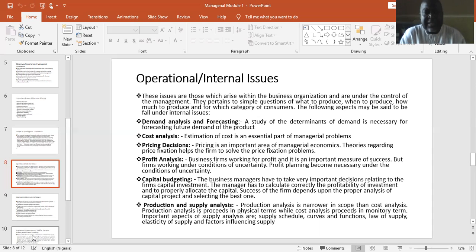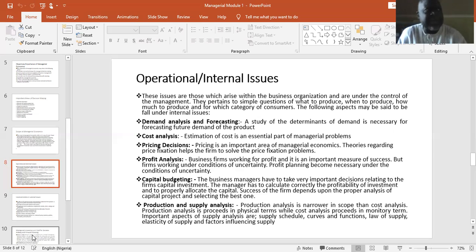Anybody that is targeting the hot periods, when it is very hot, you start planning to produce things that are cold. So those who are into the business of cold rooms are now getting prepared, are now doing new investment, are now expanding their capacity so that they can take advantage of March, and probably up to June, July. The season is very hot, so people will require a lot of colder items.